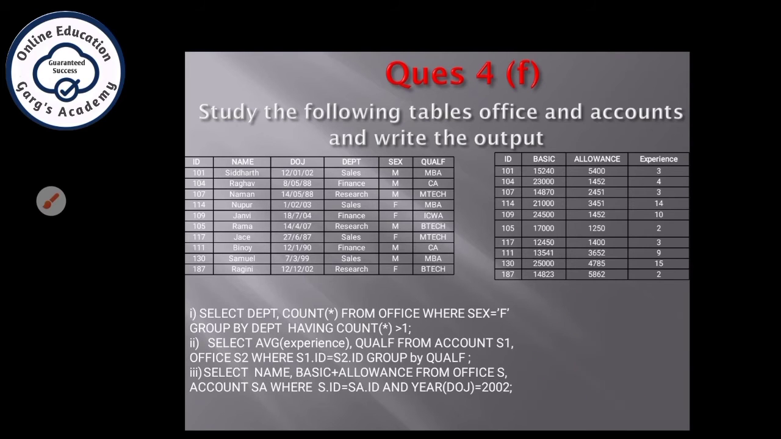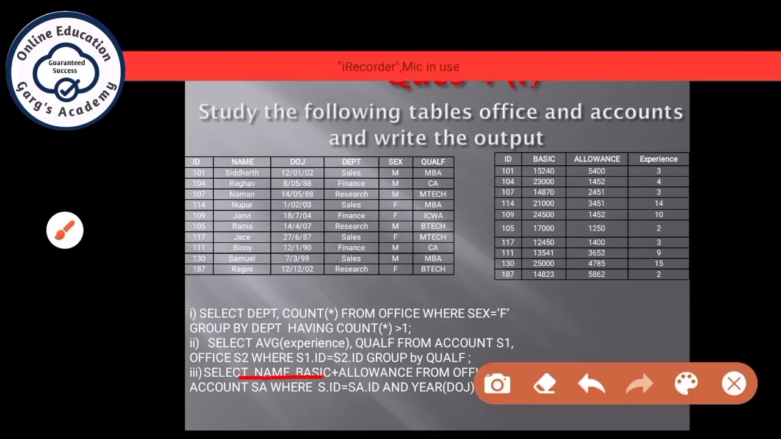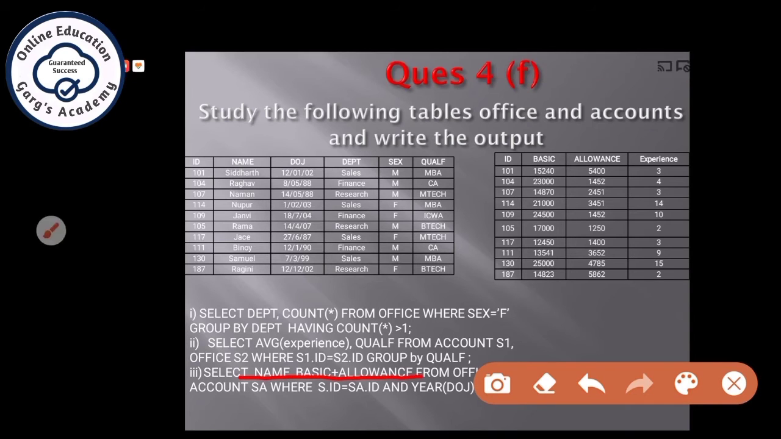Next question. Select name, basic plus allowance. Name we will find from this column and basic plus allowance from this column. From office A, account SE. Here alias name is given for both the tables. Alias name of office table is A and alias name of account table is SE. Now you have to equate their common column. S.id equal to SA.id